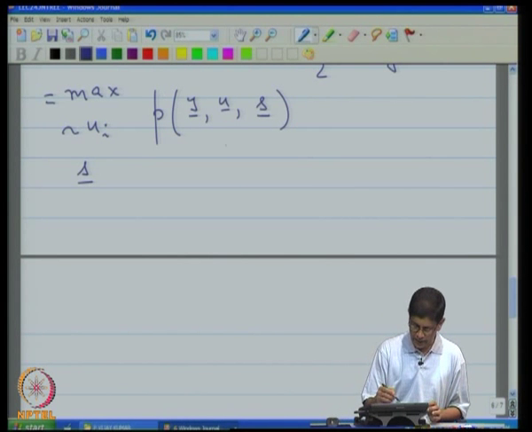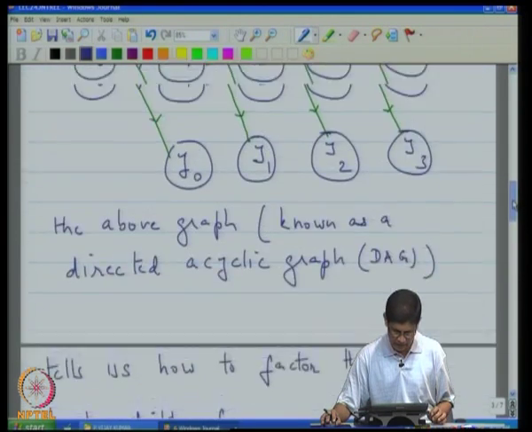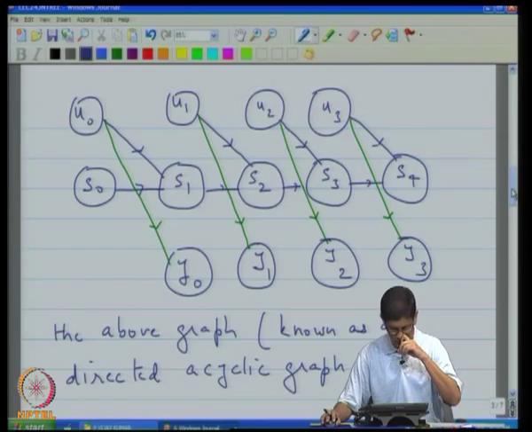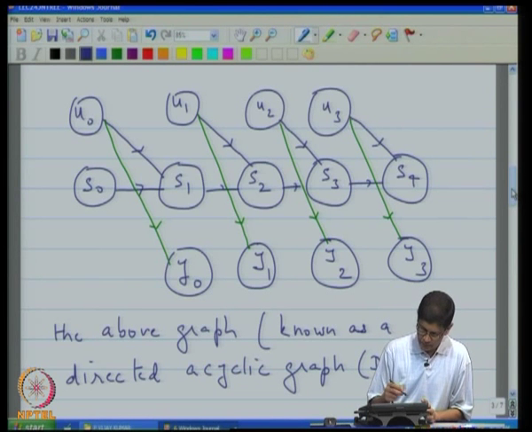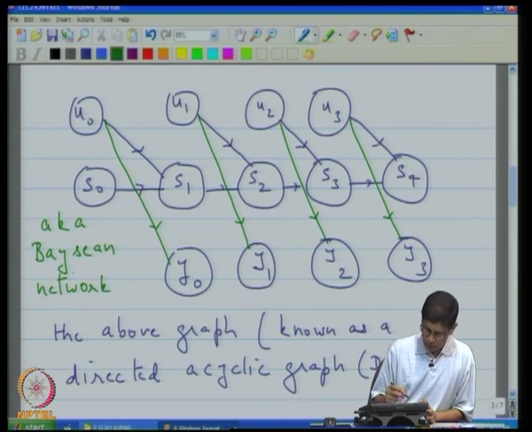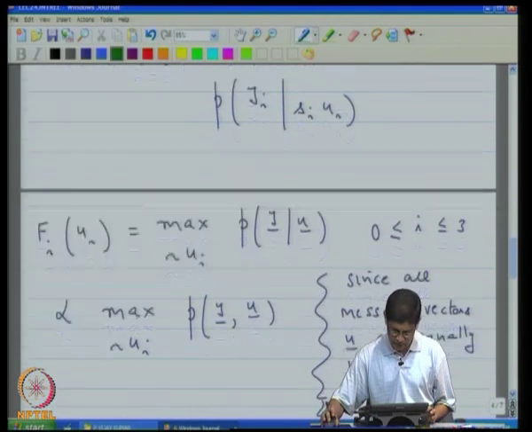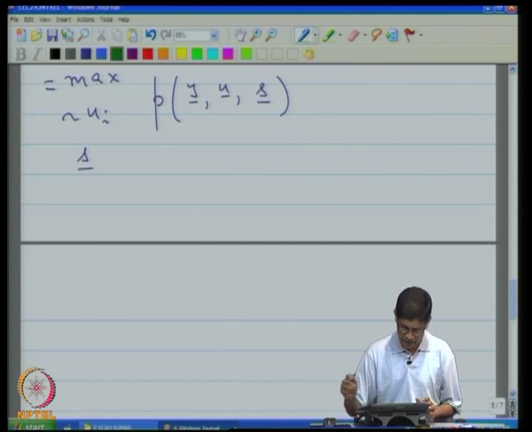Now I am going to expand this joint distribution function given the directed acyclic graph here. This is also called, AKA, a Bayesian network sometimes, because it tells us how the probability distribution factors. So, using the Bayesian network and the corresponding factorization, I can write this